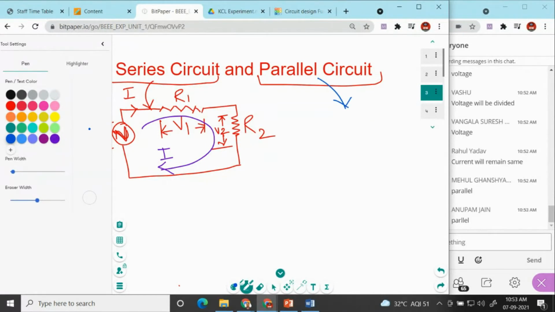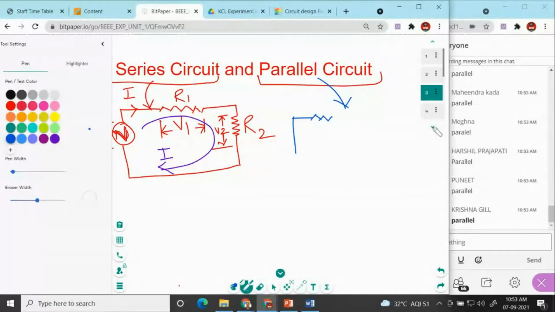Yes, so when you want to apply Kirchhoff's current law, okay, you have to use the parallel circuit. Okay, so how to create a parallel circuit? Let's suppose that you have three resistances. Resistance 1, resistance, let's suppose this is resistance second, and this is resistance third. Okay, all three resistances are connected right here